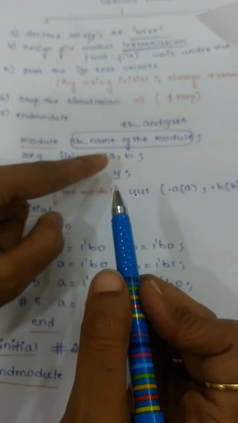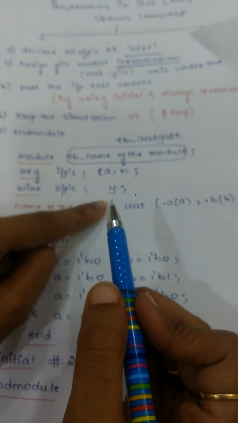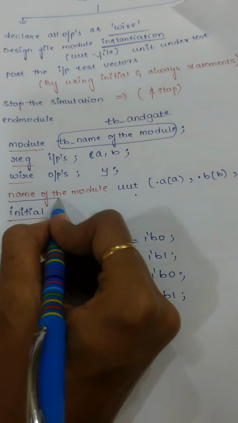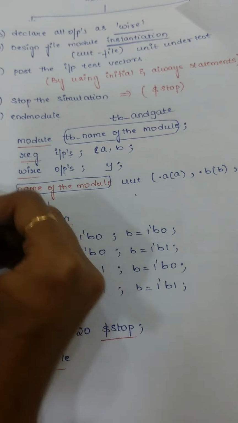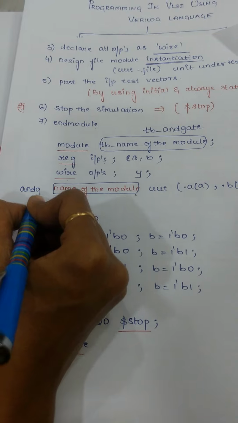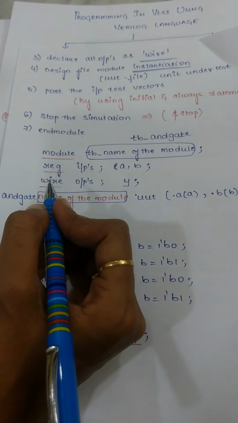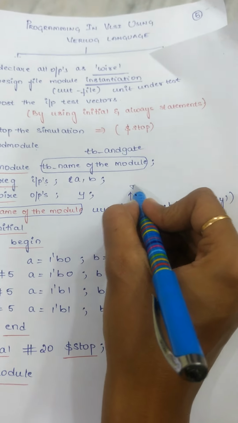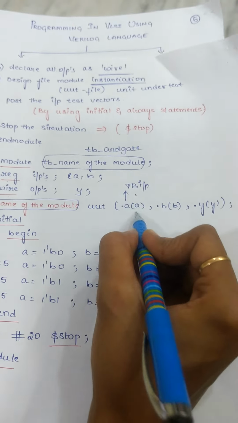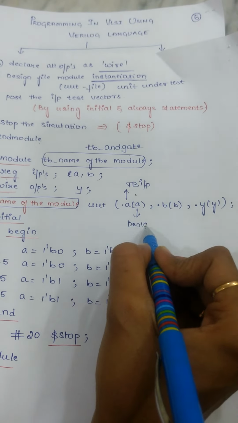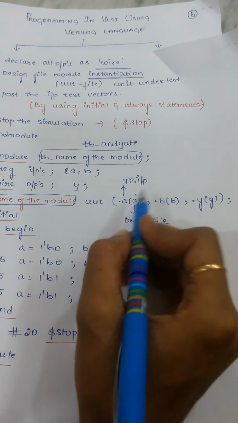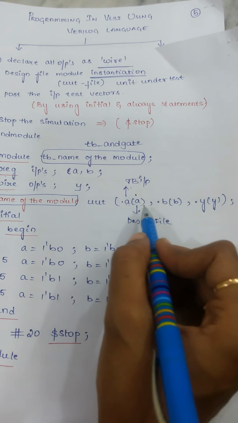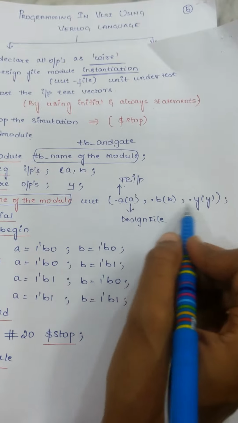Now I have to map these test bench inputs with the design file inputs. Here you have to write AND gate because that is the name of your module, right? If you give this directly, the cursor will move to that one. So UUT, these are test bench inputs, and these are design file inputs. So your test bench inputs are mapped with the design file inputs. Like that, inputs followed by outputs, all to be mapped.